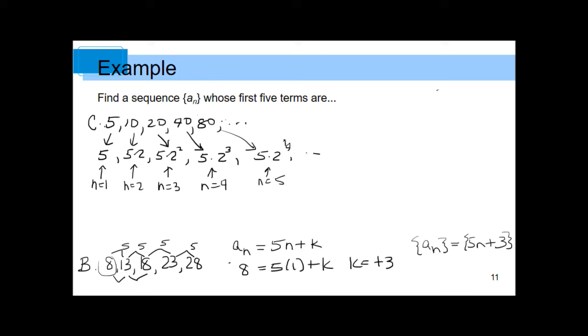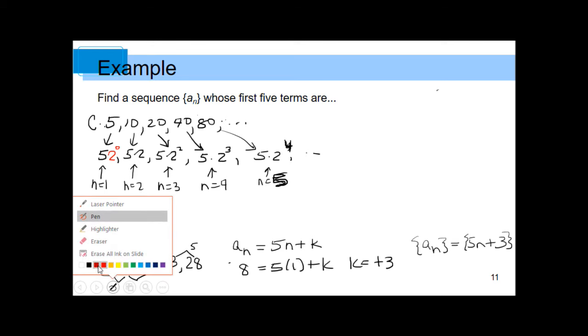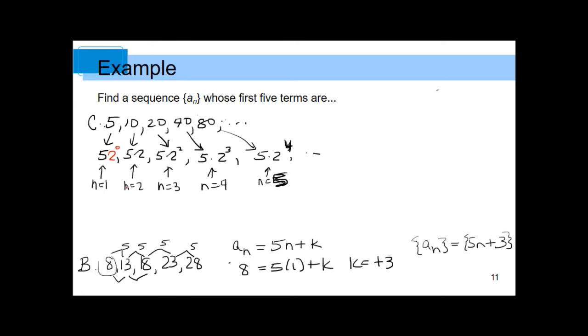So notice that the power, this is supposed to be a 4, is 1 less than the position. The power on the 2 is always 1 less than the position. In fact, you might not see it, think about it this way originally, but even the 5 is being multiplied times a 2 to the 0 power, because 2 to the 0 power is 1. So, in general, we have